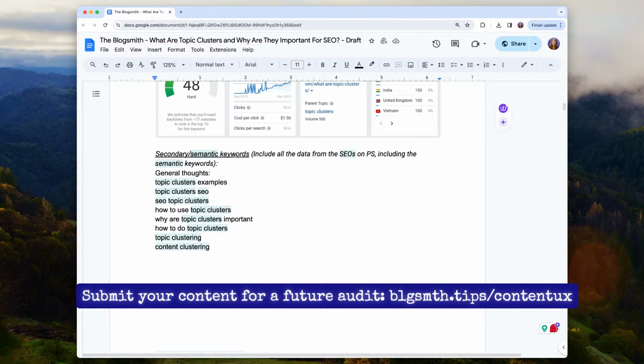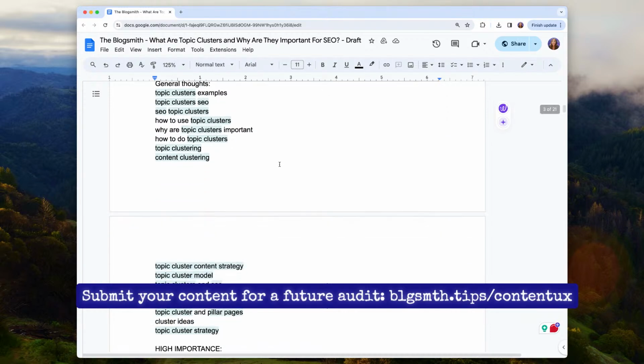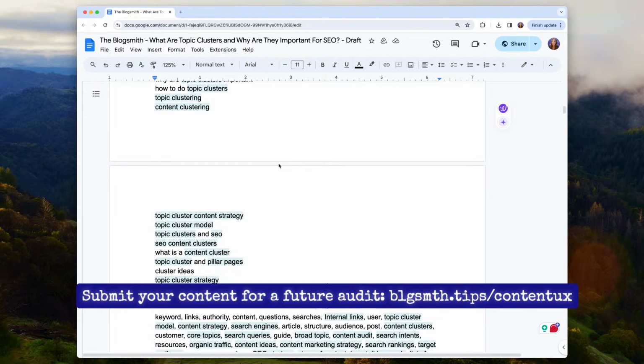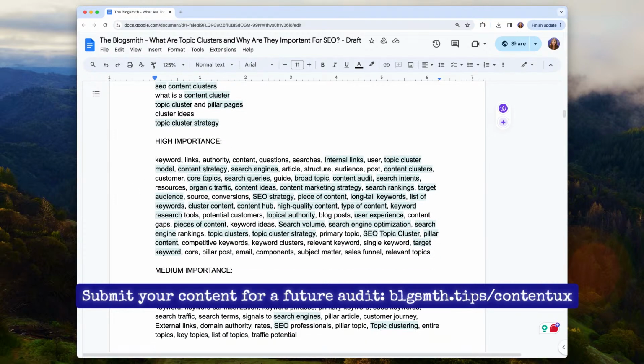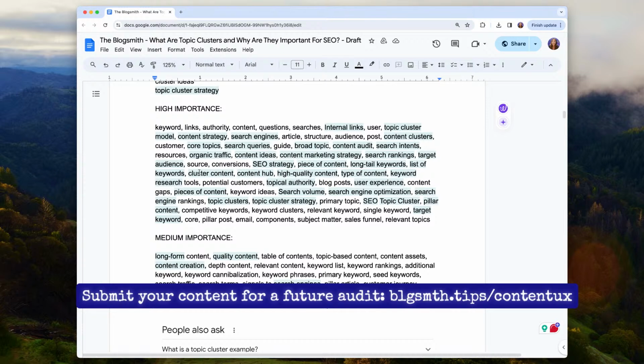You'll see some data here. This is more like back end between us at the Blogsmith versus what we'd put into the document for a client. Process Street is the tool we use, and that's part of our keyword research process, is that they create a very detailed brief that is then condensed in terms of what you see in front of you here. It's not all the details that the SEOs give the writers, but sort of the most important details that a client would want to see in terms of keywords that we're targeting, kind of breaking them down in terms of how important it is to include them.